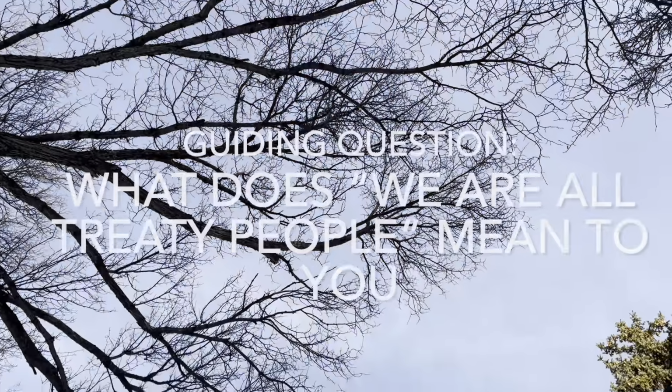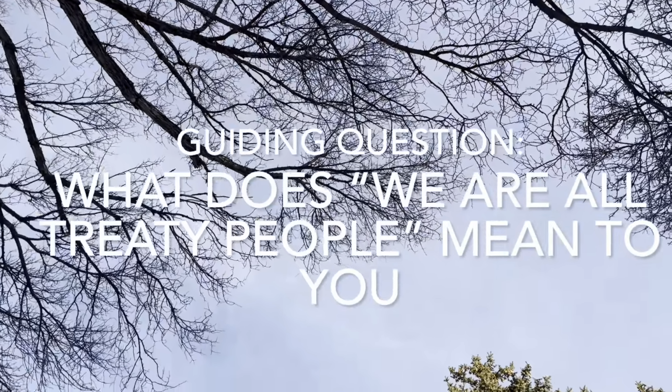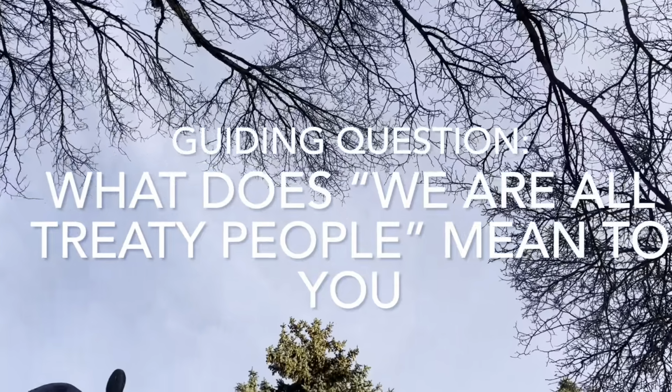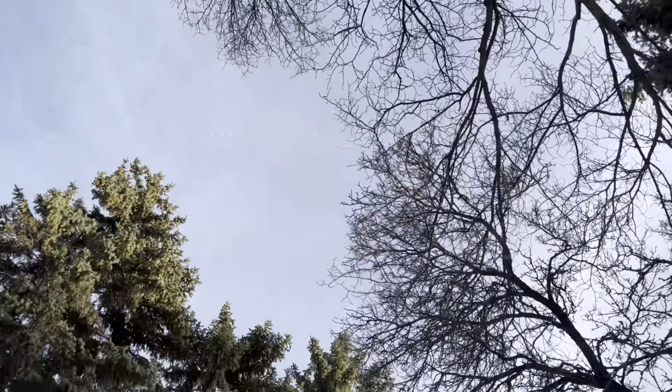The outdoor experience will occur in 3 main stages that I have labeled as the before, during, and after. When starting the first stage of the before, students will be introduced to their guiding question. The guiding question refers back to the treaty outcome being used, which is to represent personal understanding of the concept, we are all treaty people. To begin, students will create a before, during, and after chart.